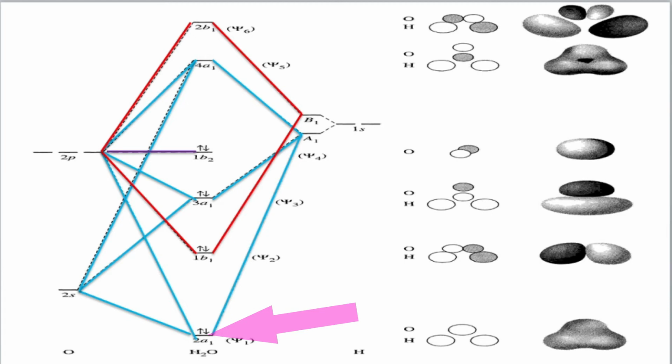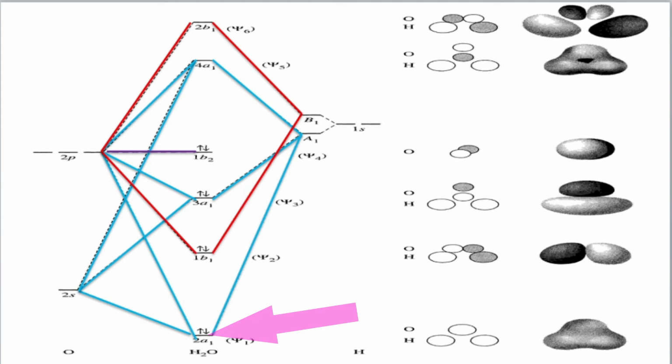One more thing you have to note, this 2A1 orbital does not solely belong to or is not obtained only because of 2s. The 2pz orbital also has a contribution for that. It's an interesting thing in molecular orbital theory. Whichever suitable orbitals are there, all do interact and produce various molecular orbitals.